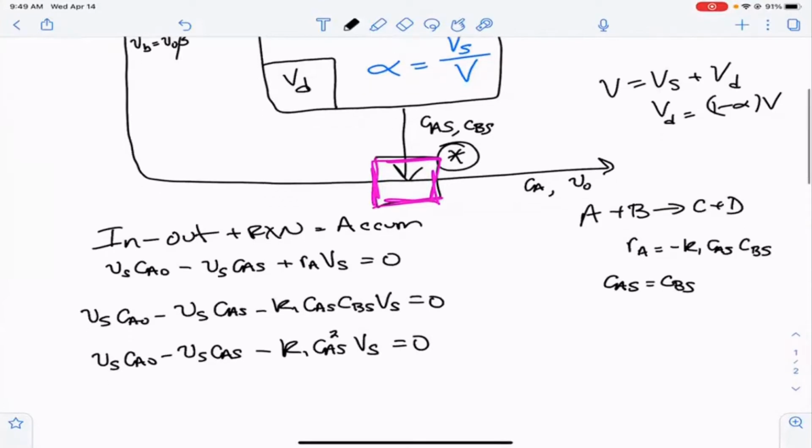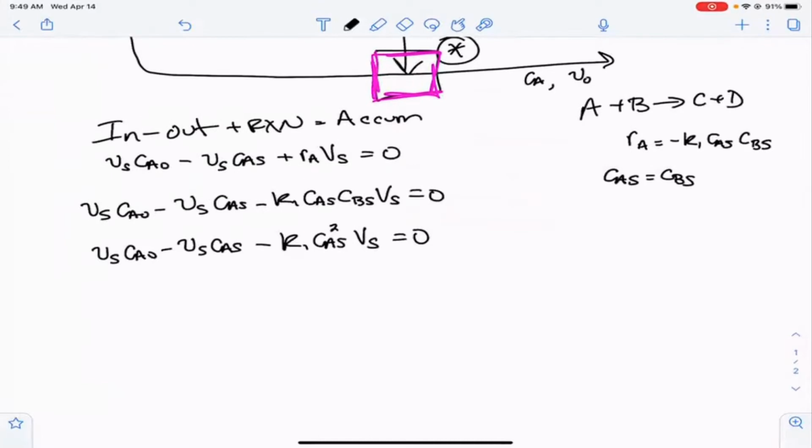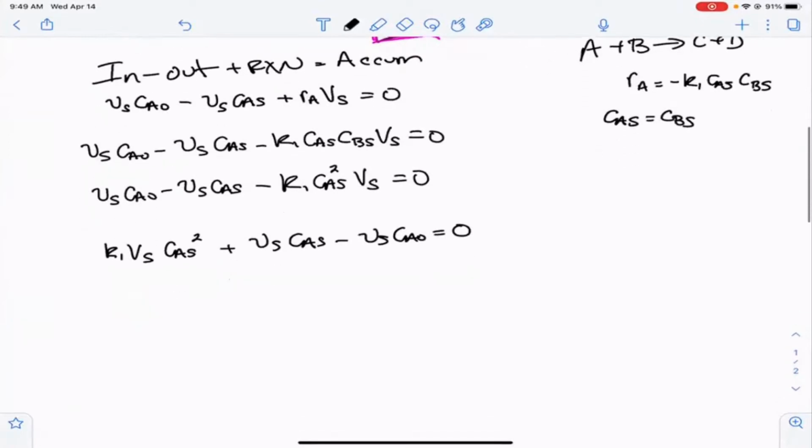Okay? And if we want to, we can actually rearrange this a little bit. The reason I would like to do that is because if you look at this, this is just a quadratic equation, and I prefer my A terms in the quadratic equation to have a coefficient equal to 1. So I'm going to write this as K1 times VS times CAS squared plus VS times CAS minus VS CA0 is equal to 0, okay? And now I'm going to divide through by VS, the volumetric flow rate,